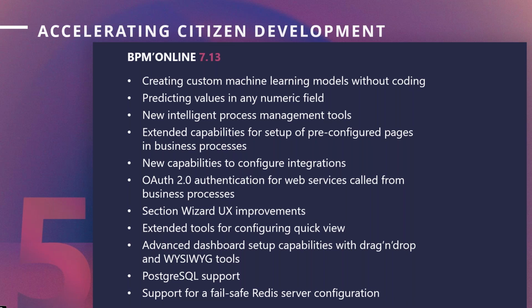So, Alex, I know that our research and development team is always adding some new intelligent capabilities to each release of bpm'online. What additional artificial intelligence and machine learning capabilities do we have in 7.13? Well, Eric,